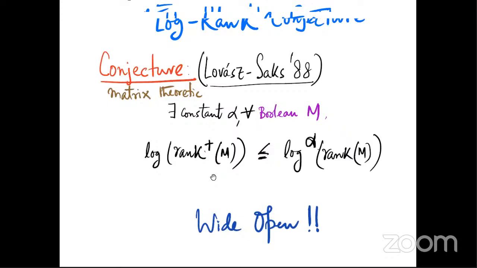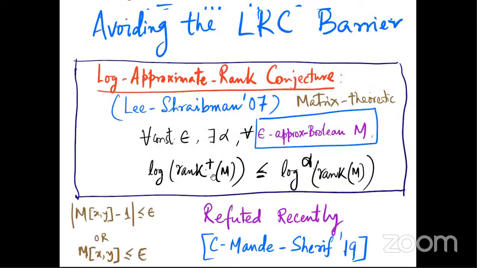So if we solve the problem of this depth 3 versus monotone in the usual way using Boolean polynomials, then we would have disproved the log rank conjecture, and this we have no idea. Since I have not much time, what I will say is that recently, okay, this is going to be my